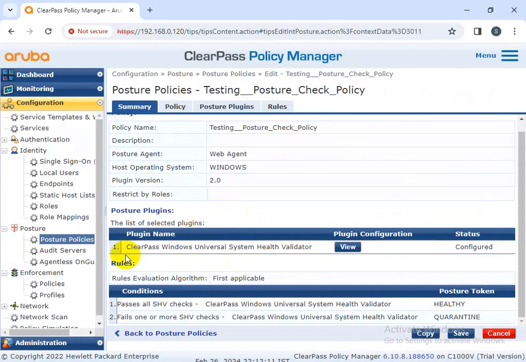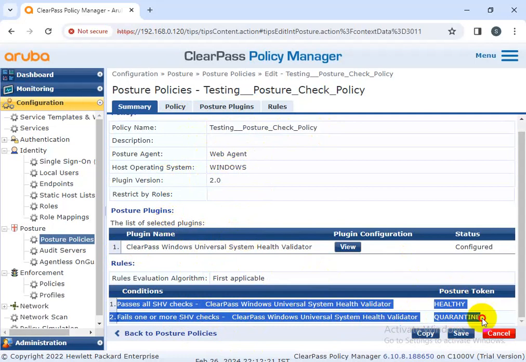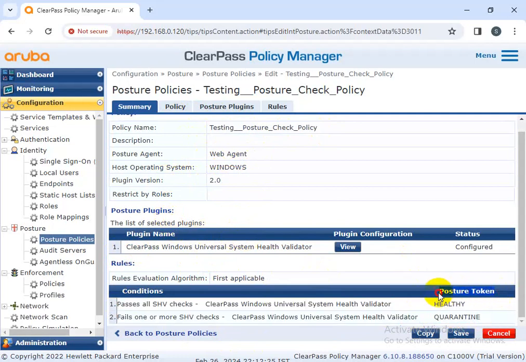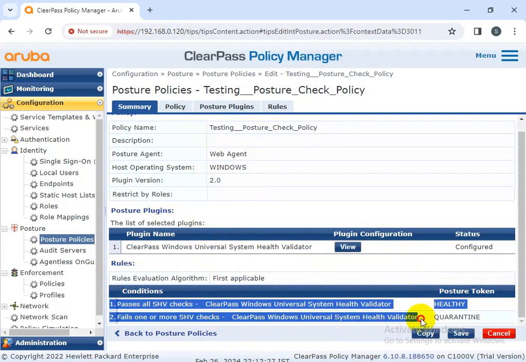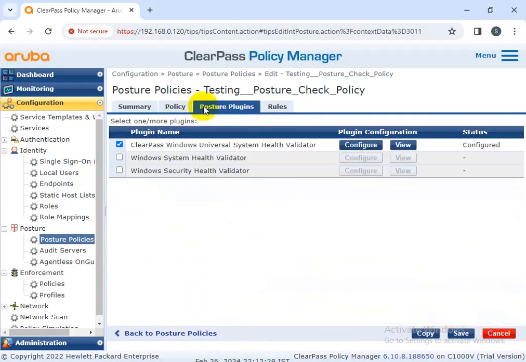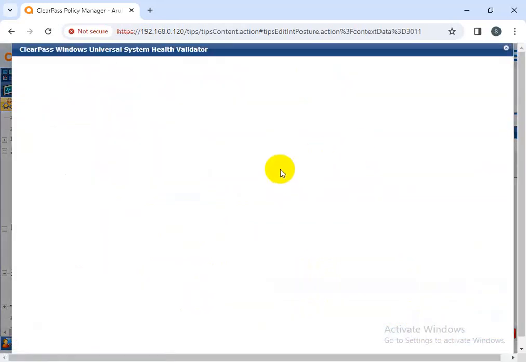That's our condition, which should be matching. Enter the name, posture web agent. Windows operating system version, the plugin is already there. This condition is very important, because the system is going to be healthy or quarantined, and you can apply it as per your condition. Posture token, this is for the token. So please use this token version and configure the posture plugin. And this policy is going